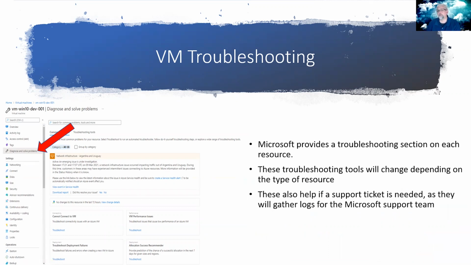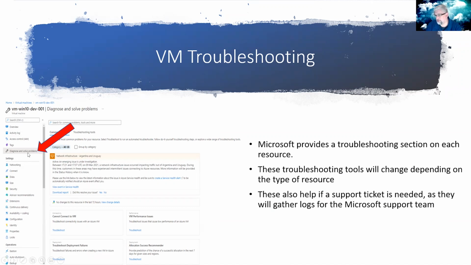I put this here because this is a lot of times what people are doing. They're using Azure infrastructure as a service. They're throwing VMs in there. And then something happens and they can't get into it, or it's not working correctly and they need information. So when you pull up the virtual machines blade and you go to your virtual machine, you're going to see this